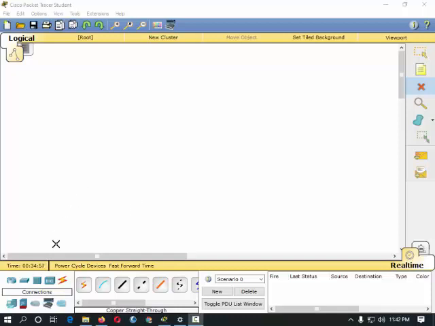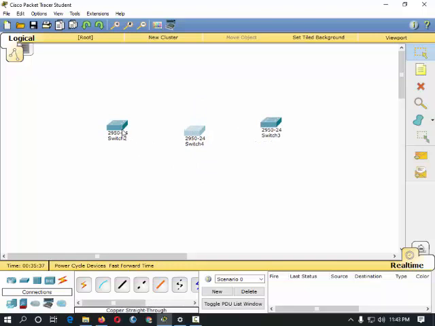So we're going to create a VLAN, and we're going to do that using the CLI, or the command line interface. So first we're going to drag two switches, because we're going to try to connect three VLANs, create three VLANs in each switches, or let's make three switches already, so that later on we can